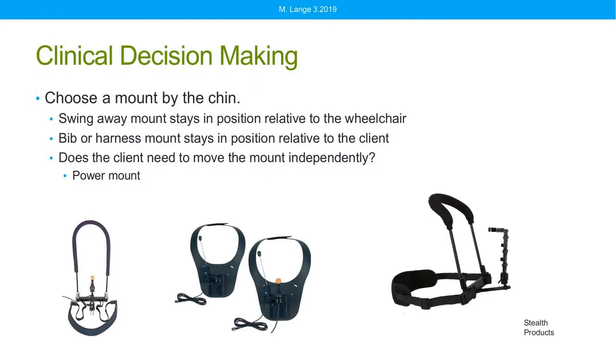So if we are placing a mini joystick by the chin, then we have a couple different options. There are some mounts that swing out of the way. They're attached to the wheelchair. That means that this mini proportional joystick stays in relation to the client's chin in direct relation to the wheelchair. So if the client is moving along,